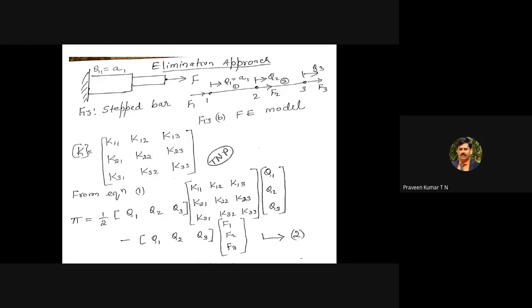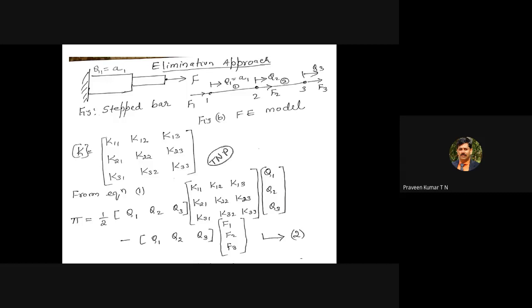Most of the cases you take Q1 equal to 0. But whenever there is a small deviation or small displacement at node 1, your Q1 value becomes A1. That you have to remember. That is referred to as a non-zero boundary condition. Non-zero boundary conditions are also important for heat transfer, where instead of displacement the temperature is not zero. Already you have dealt with problems where temperature T1 is equal to 20 degrees Celsius or T3 is equal to 50 degrees Celsius, etc. In such cases, you have to slightly modify the elimination approach of handling boundary conditions.